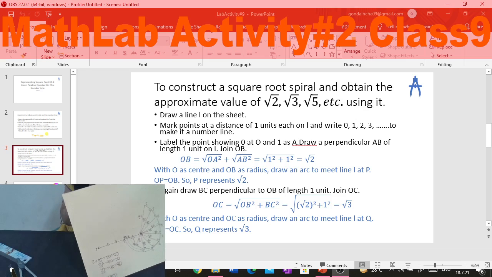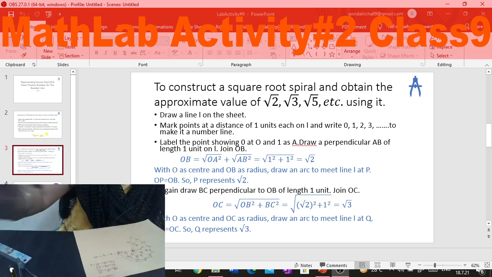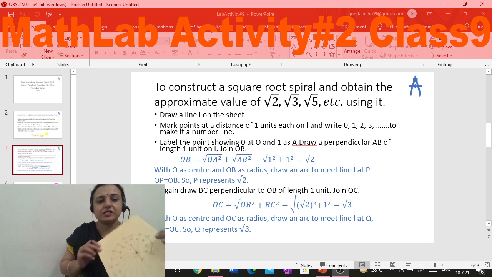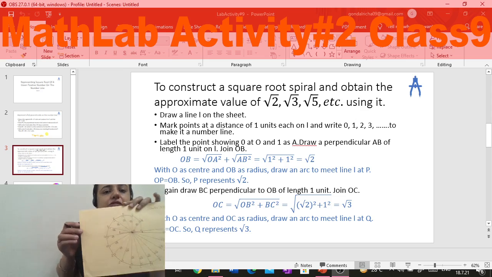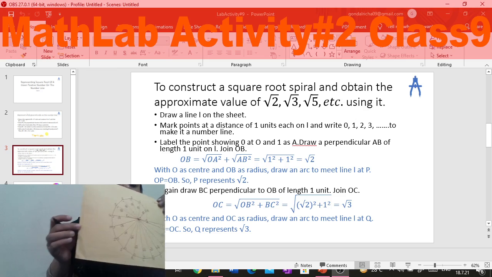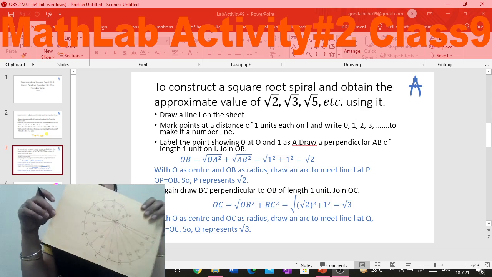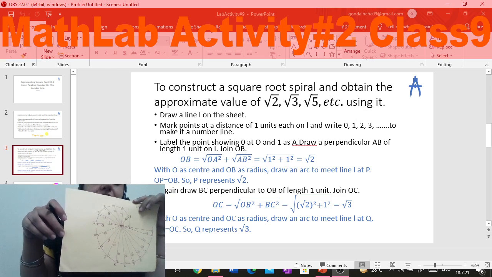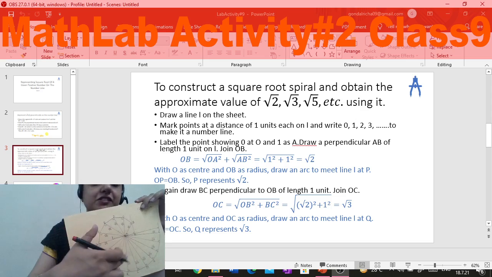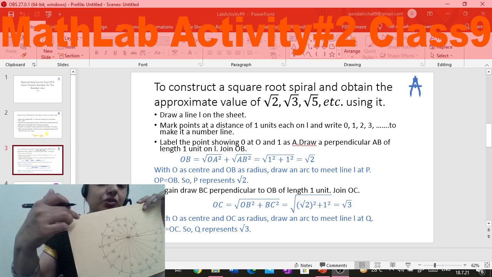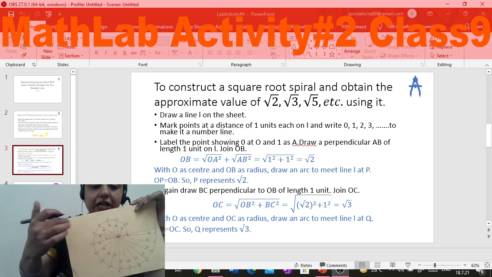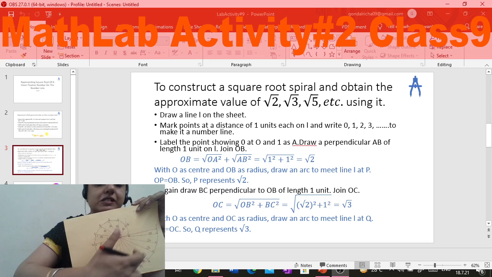Here is a beautiful spiral design, and let me show you. If you draw this, you will extend it. This is the bigger spiral design which I have drawn up to root 17. Like this, you may also continue it further after root 10, and you will get the first layer of the spiral. And if I continue further, I would require a bigger sheet, and we will get the second layer of this spiral.